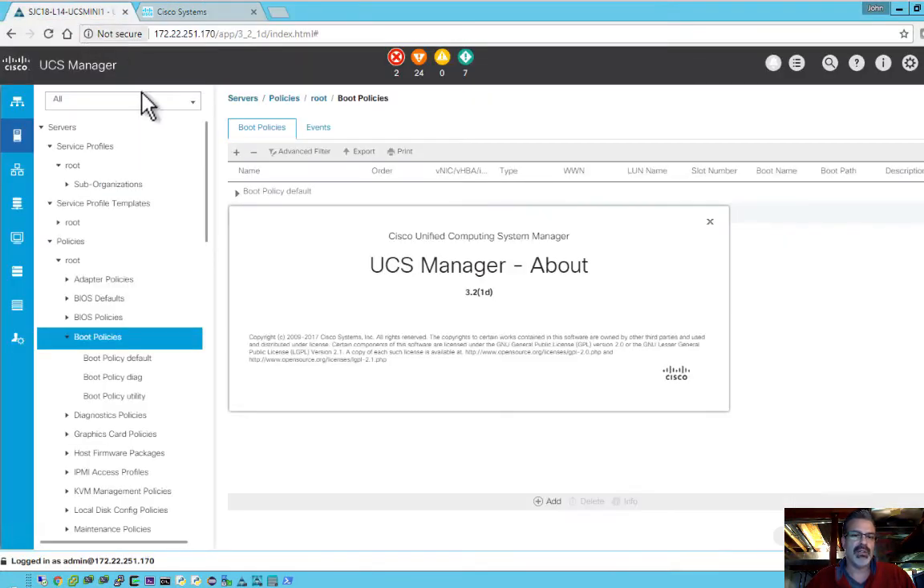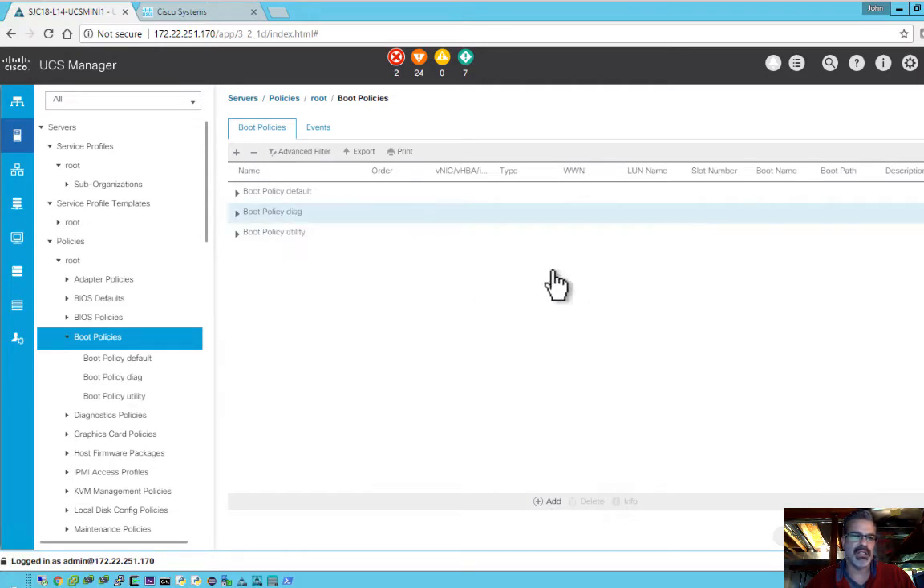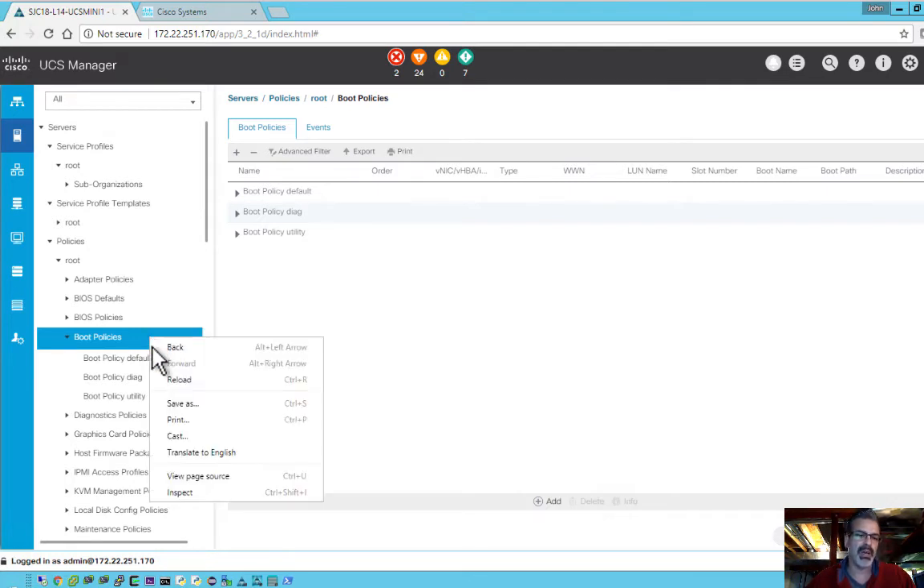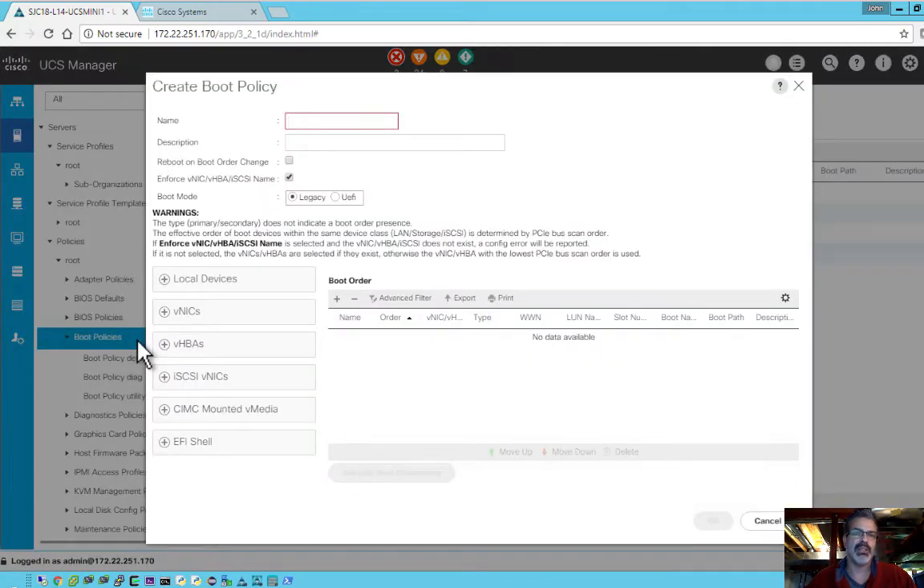I already have UCS Manager 3.2.1D loaded on my system. This is a UCS Mini system. I have two chassis, a few blades in there. And I go ahead and make this boot policy, and I'm going to make it in the graphical interface. I know that seems counterintuitive because we want to learn how to program, but I'm going to make this in the graphical interface, and then we'll use this object that I just made to make other boot policies. And I'm going to call this